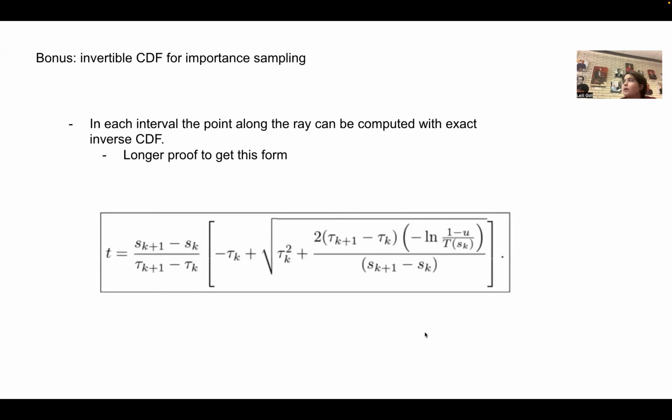Okay, so that was the main contribution. Now they also show there is a bonus to using this, and that's the fact that you can now invert the CDF between two samples to find the exact place that is good for importance sampling. So importance sampling tries to sample points given a PDF or a probability distribution between 2 points. You can use importance sampling by inverting the CDF and then just using a uniform sampling as input to that